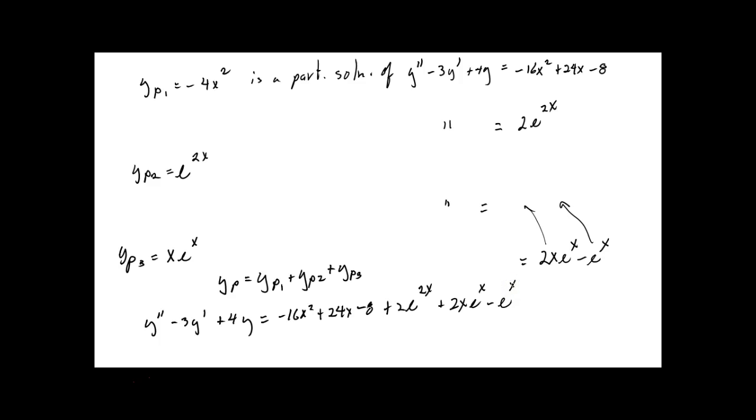What if that is your right-hand side, your g of x? But the g of x is broken into a polynomial, an exponential in 2x, and another exponential in x. Okay? If that's the case, now,